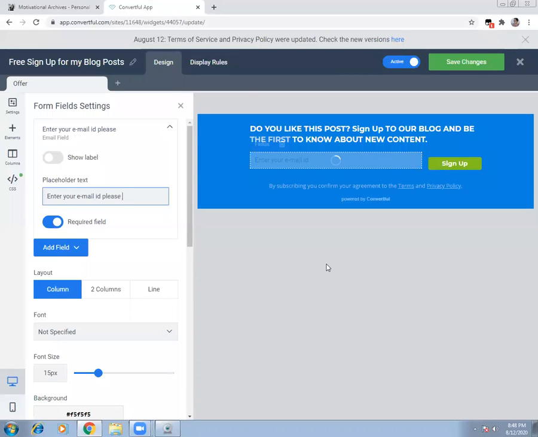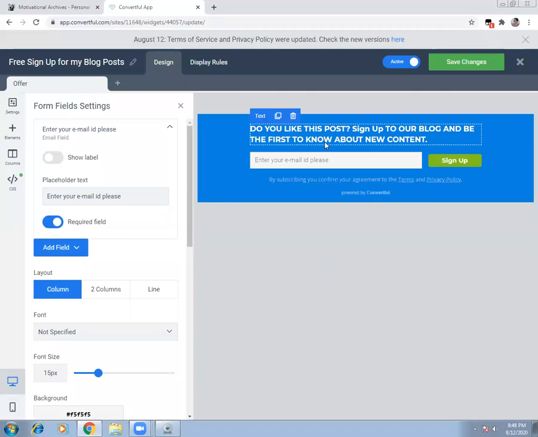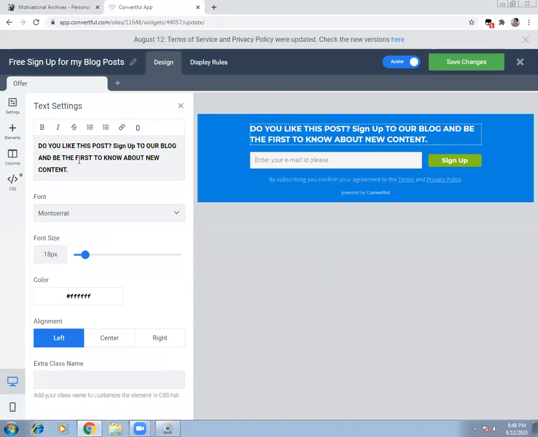So it's very simple, guys. What you're actually doing is going to any one of the widgets, and by clicking on the page, it will give you an option here to edit. You can make it bold, you can make it italic, and you can also insert a link. When somebody clicks on this, they will be taken to the Amazon page. So anything can happen. You can put it before your content, you can put it after your content.